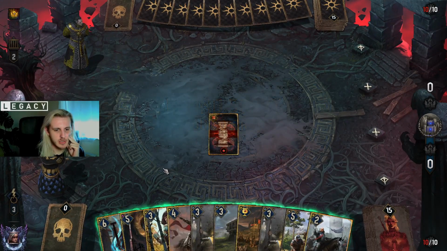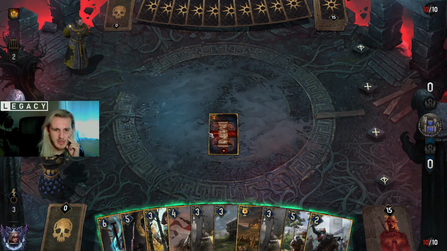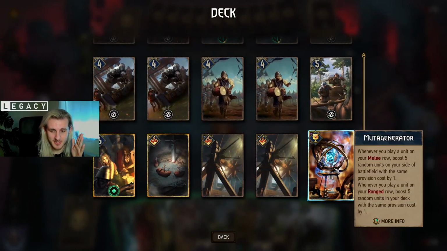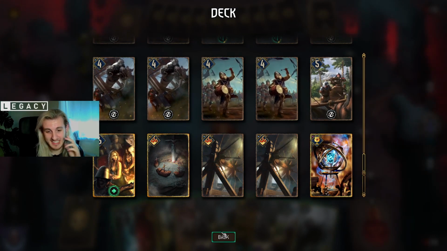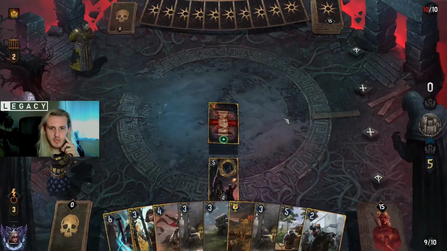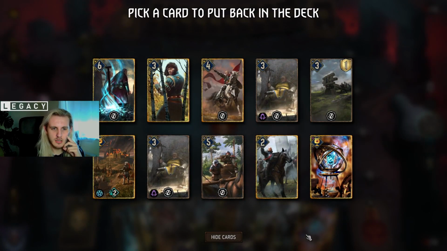It works. Oh, so we'll use Kestrel to get Muta Generator. That's the general game plan anyway. We'll get a ton of carryover. Right, now, so they need to go on the melee row for the carryover, right? No, range row. Boost them in the deck. Shows what I know, right? So we want Muta Generator. And I think we'll put back...